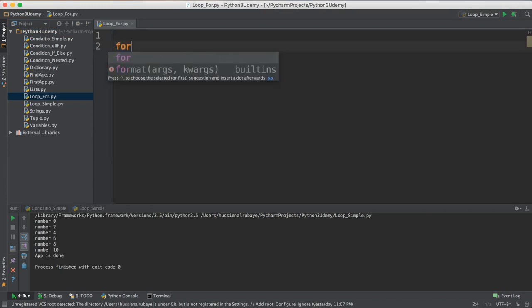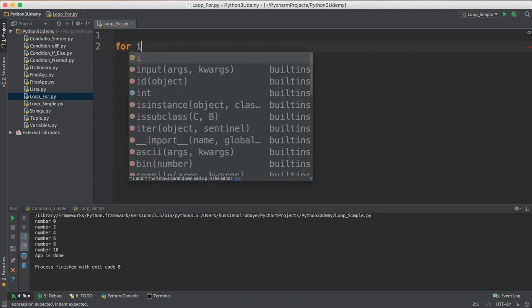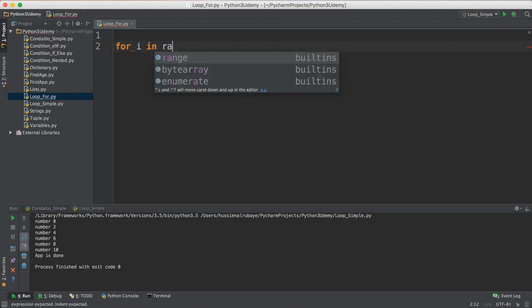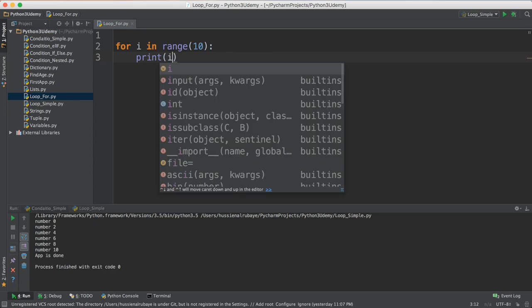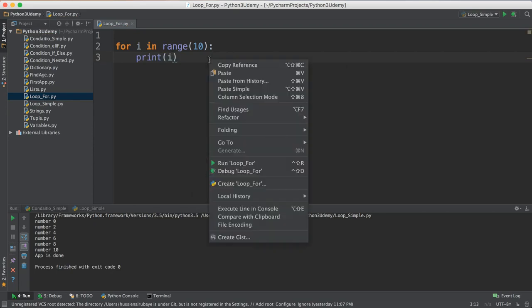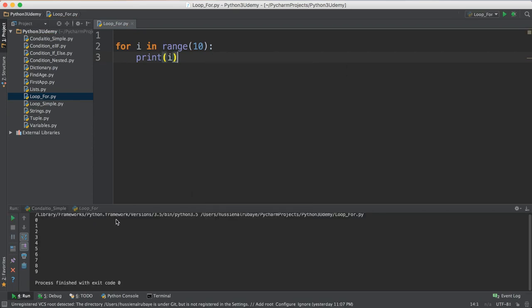You say, okay, for I in range 10. That means I have 10 numbers. Then I say, hey, print I. And you're done. Really simple and really straightforward. 1 to 10. See? Range 10 means it will take 0, 1, 2, 3, 4, 5, 6, 7, 8,